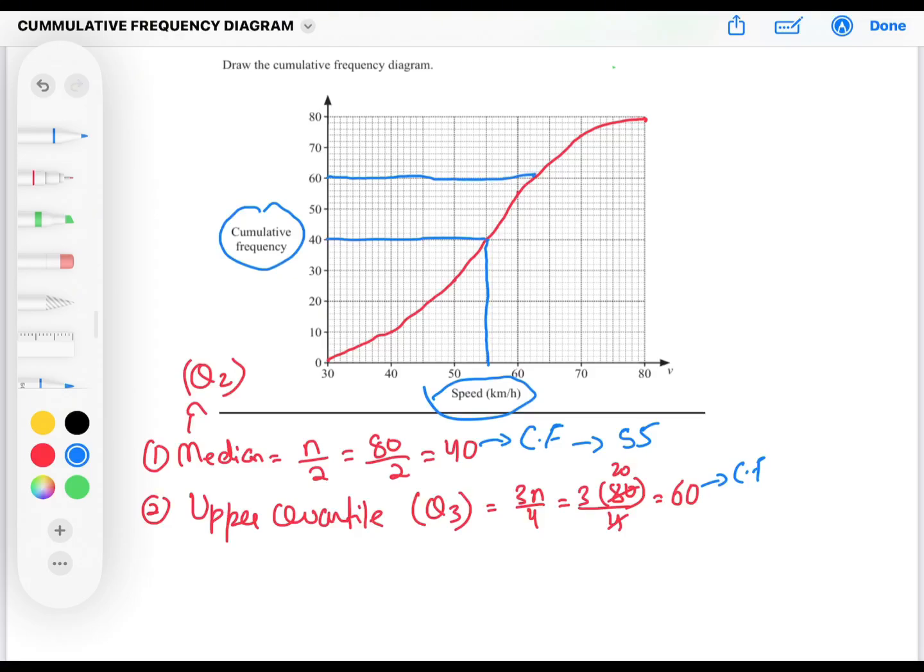So let's see. It's not accurately at the center. It shows that it is 63. So the upper quartile is 63. Now the lower quartile value,